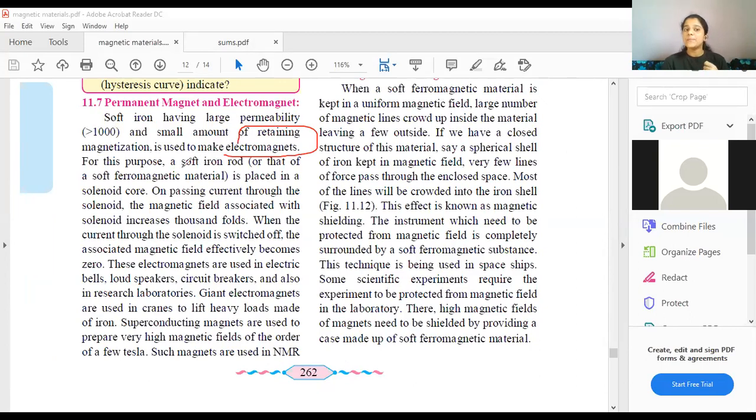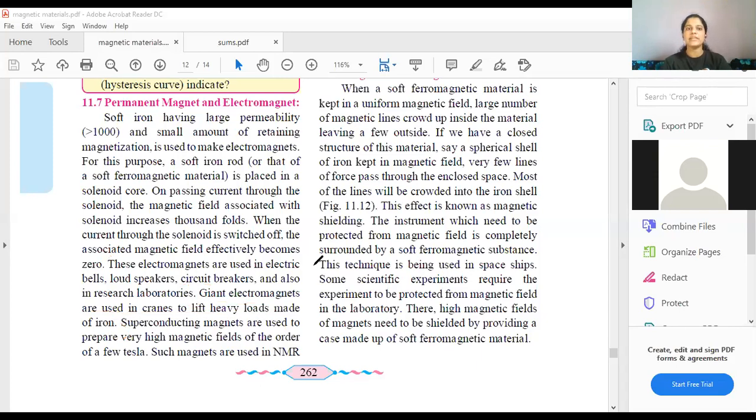For this purpose, a soft iron core is placed inside the solenoid, whatever I explained to you just now. The same thing is happening here. You can just read this part later. Here they have written where all these electromagnets are used, their applications. One common application that even you know is this. Giant electromagnets are used in cranes to lift heavy loads made of iron. Till the supply is there, the crane will act like a magnet. If they have to drop that thing somewhere, they'll stop the supply. So the magnetic property is gone and the iron thing will immediately fall down.